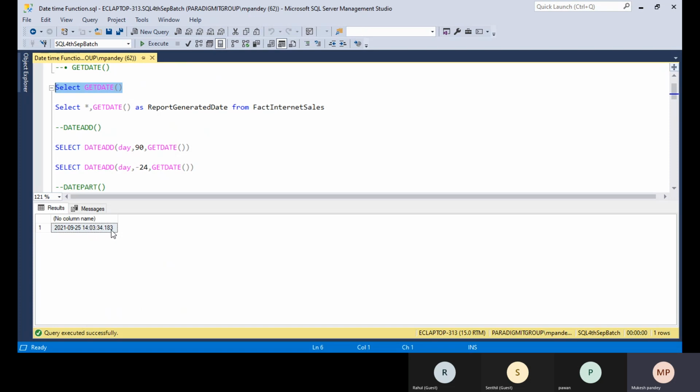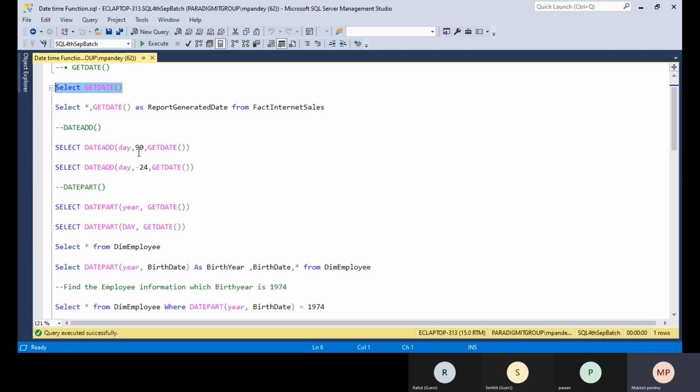So in what scenario will you use this type of function? Suppose you are generating a report or some output, and the client wants to print an additional column that displays when the output was generated. In this situation you just use GETDATE, and you can give any alias name to the column. So whenever the output is generated, you will get that particular time.